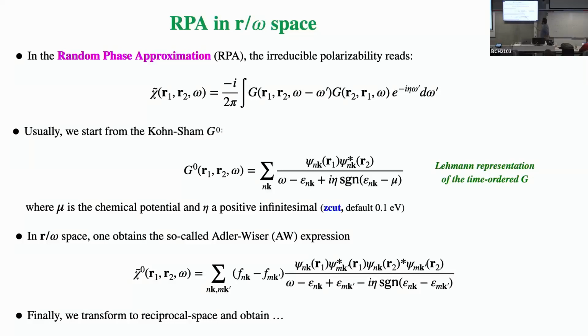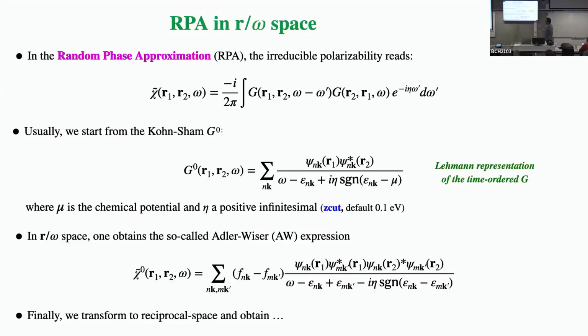denominator. And this is the Lehmann representation in real space and in frequency domain, where mu is the chemical potential. And then we have this complex shift eta that is called zcut in the ABINIT variables. This is needed to avoid the poles on the real axis. Now, if we express the Adler-Wiser expression in real space and the frequency domain along the real axis, we obtain